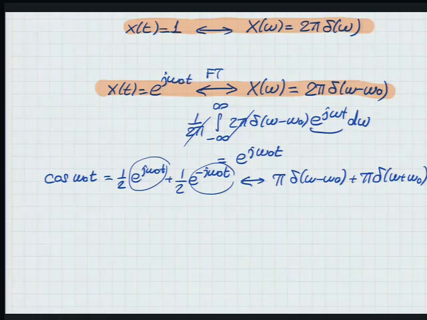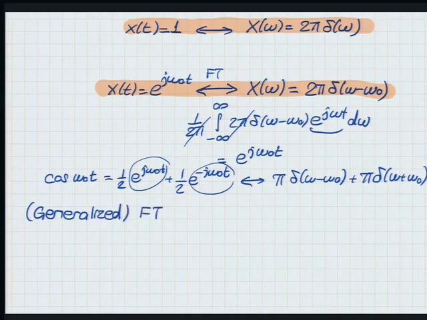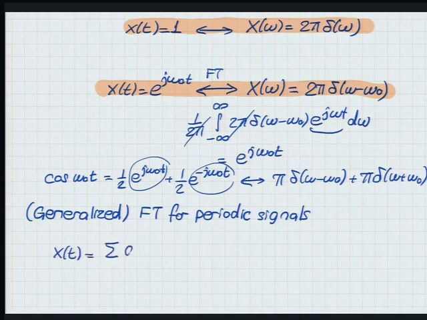Right? So now I can define a generalized Fourier transform for periodic signals. I already know that for periodic signals I can use Fourier series, and they look like this. So whatever periodic x of t is, I can decompose it into coefficients a sub k e to the j k omega naught t, potentially using infinitely many of these basis functions, right? So knowing this property here,